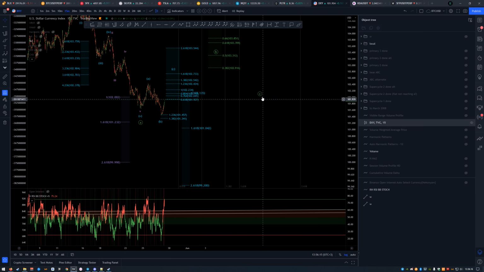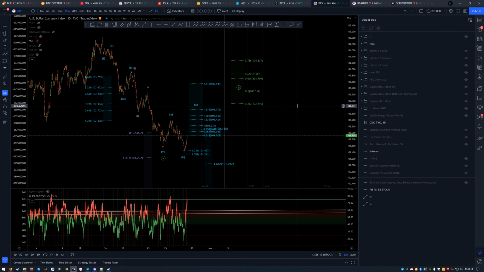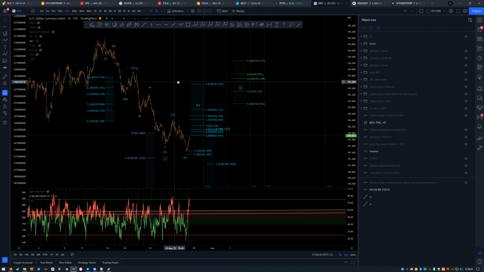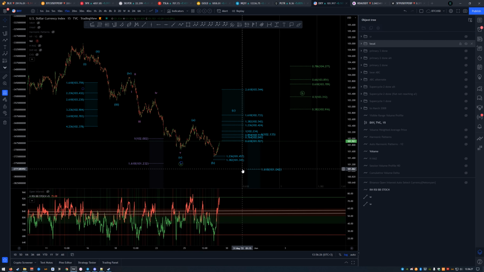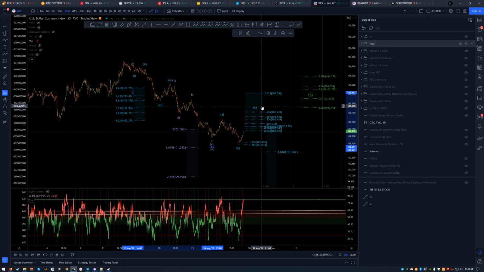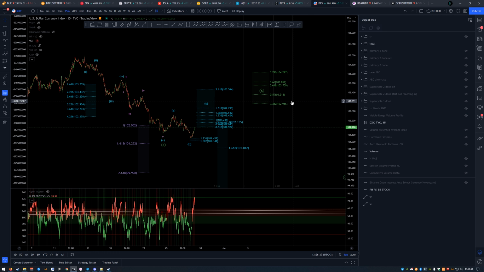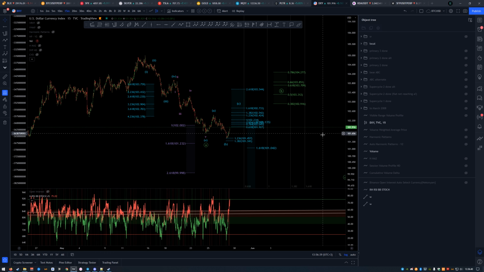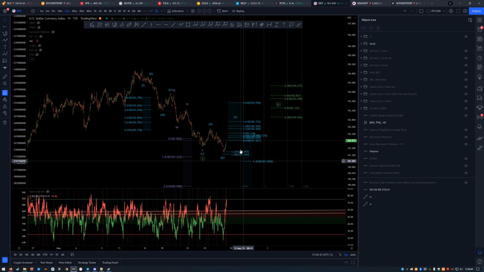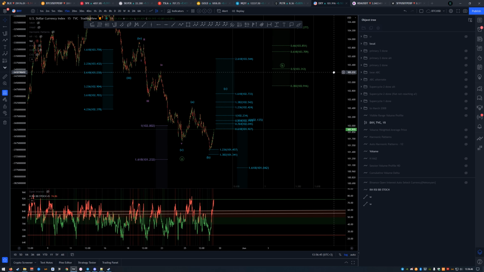And of course then we would be looking for 5 ways down as well for the C, connecting this leg here for the B and then downwards. Now I have some targets basically for wave B time wise here around 31st of May, but again that can come up way further, as time analysis is difficult.